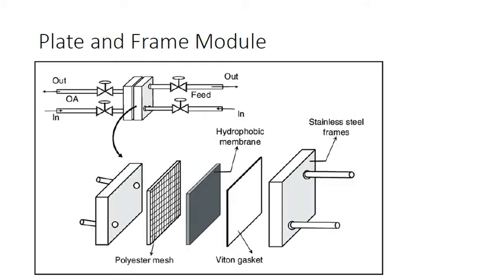So the first and simplest geometry is the plate and frame module. This is the diagram of a plate and frame module. This type of membrane module is generally used in lab scale setups or very small scale setups in industry also. In this setup, the plate and frame module contains a frame. This is the first part of the frame. This is the second part of the frame. In between you have a spacer, and this is the gasket, which is used to seal